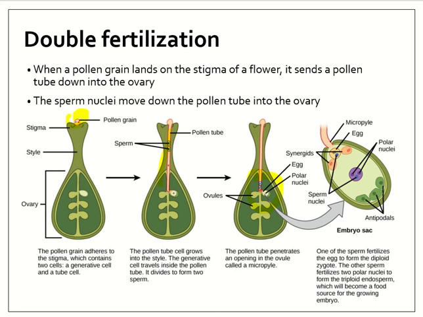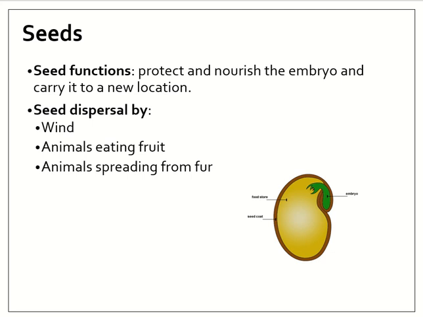That being said, there's a double fertilization happening. So what does it mean by double fertilization? One sperm is going to fertilize the egg to produce the zygote. The other sperm is going to fertilize the polar nuclei to produce what's going to be the seed, so the nutrients growing for it. So that's what double fertilization is. One produces the zygote, one's going to produce the endosperm, which is eventually going to lead to your developing seed. The whole point of your seed is to protect and nourish the embryo and to carry it to